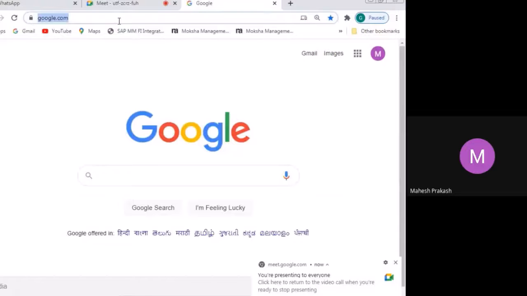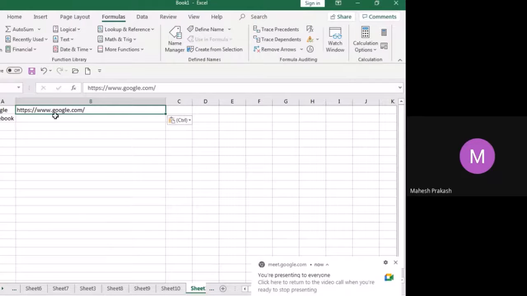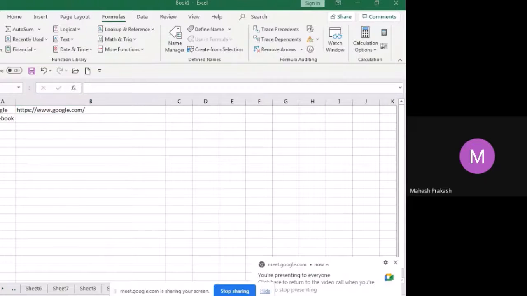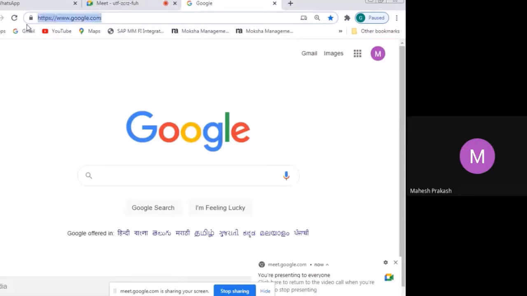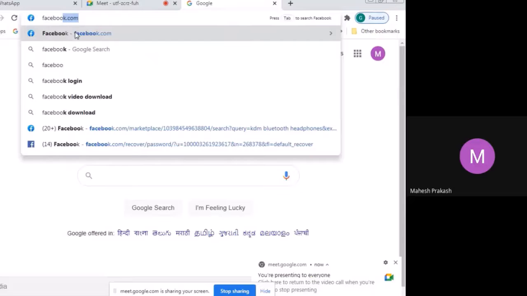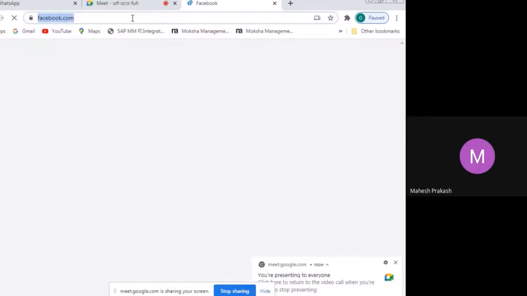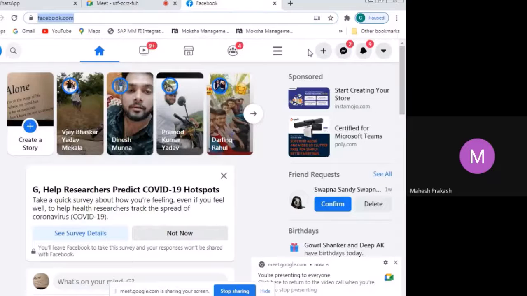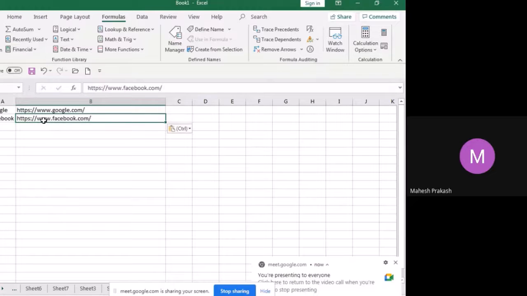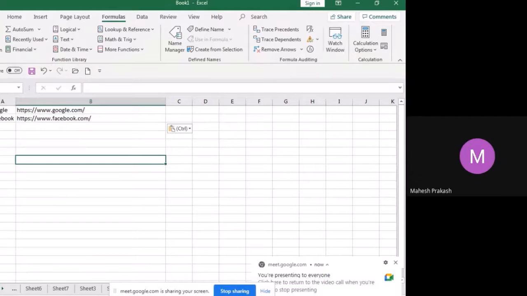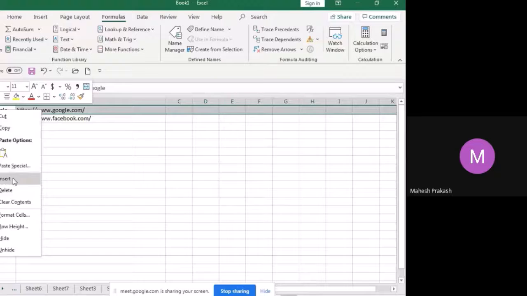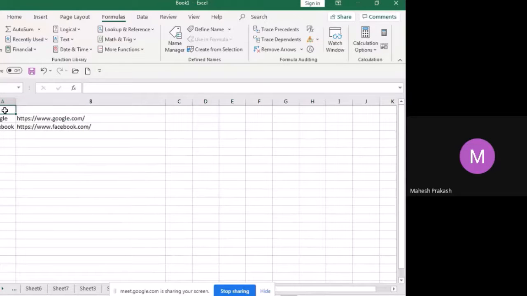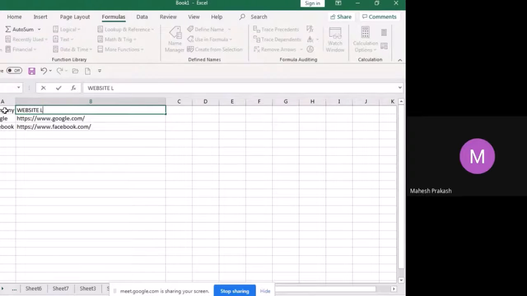So I'll directly take their link and paste it over here, and Facebook. This is company name, and this is website link.